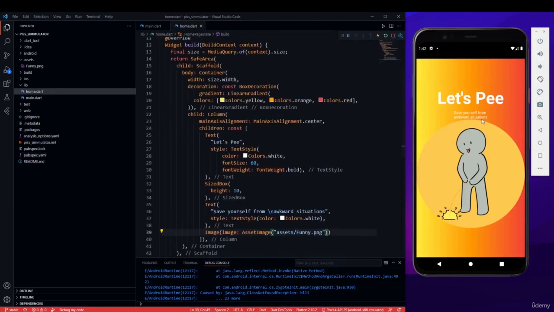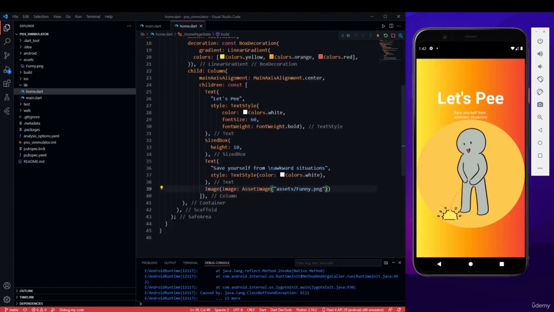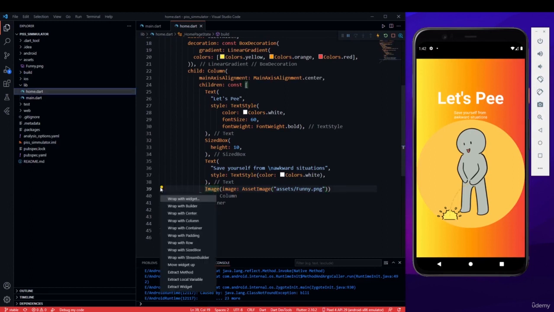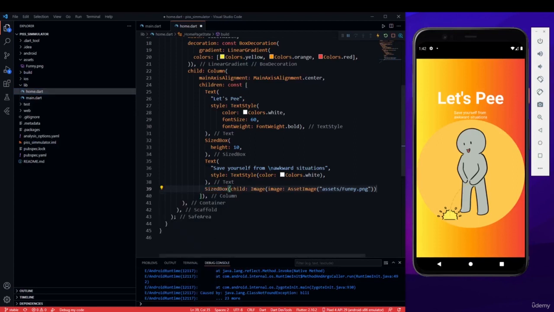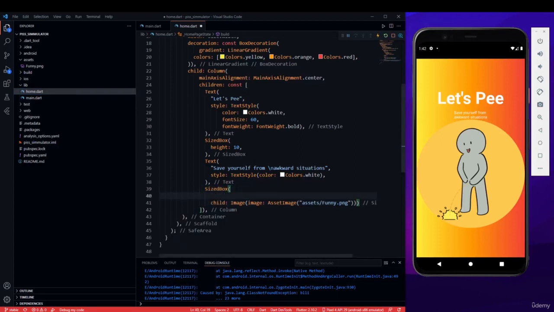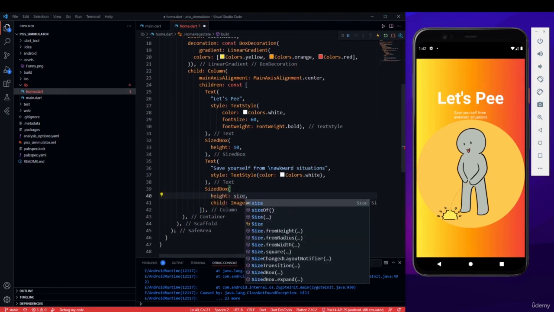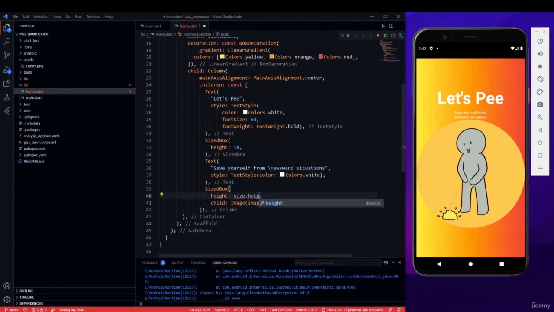Now you can see that even though our image is loaded, it's not presentable. It's taking the whole screen and it's not looking good at all, right? To make it a bit better, you can wrap the image with a SizedBox. Let's wrap it, and first press enter. Here you can give it a height. I will give size.height divided by